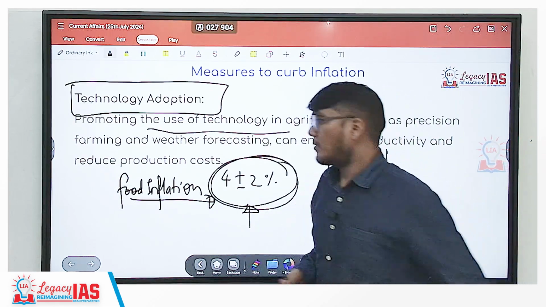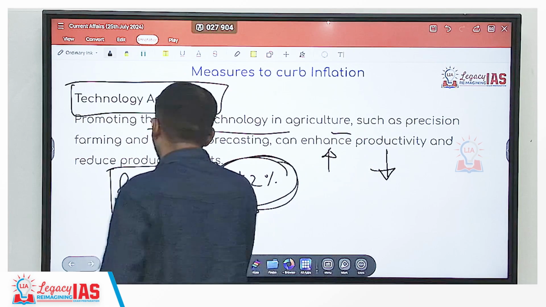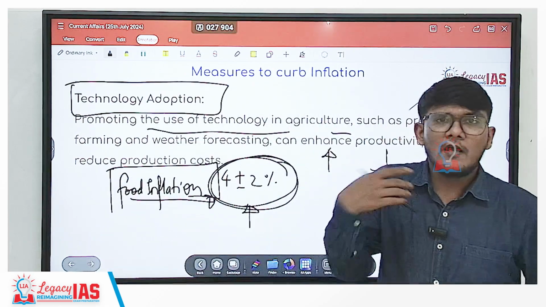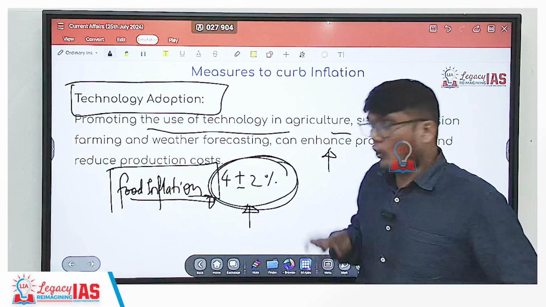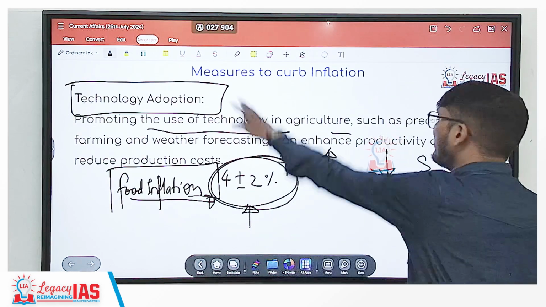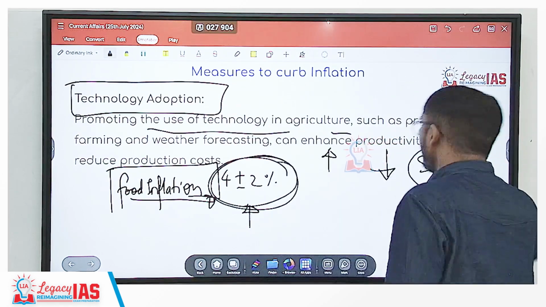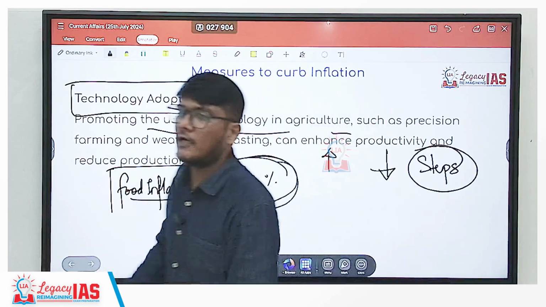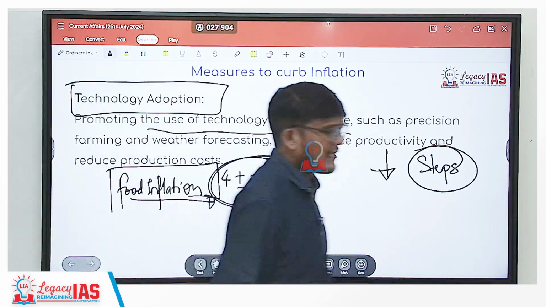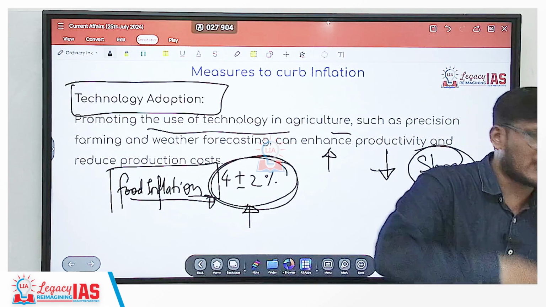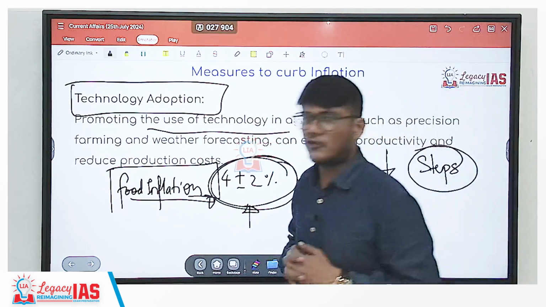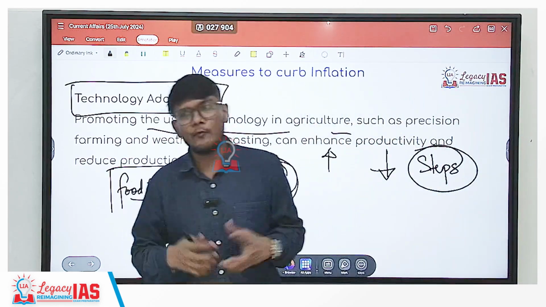Point number two is, just removing it from targeting doesn't lead to a reduction in food inflation. So the separate steps which we discussed and many more steps need to be taken in order to actually bring down food inflation also. We can remove this so that it's not RBI's worry, but at the same time simultaneously work towards bringing down food inflation as well. So this can be our way forward.